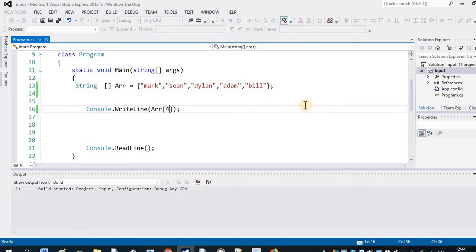But this is how we build an array anyway, and this is by giving it the values of the same type. And notice this is a string and everything here is a string. Okay, I haven't mixed and matched because obviously you won't be doing that. You can have